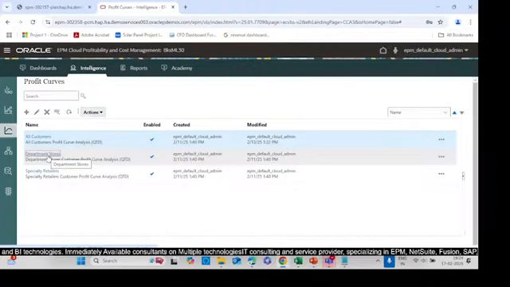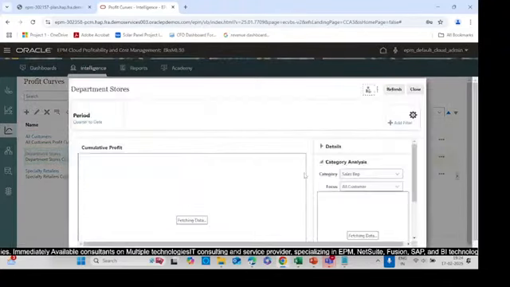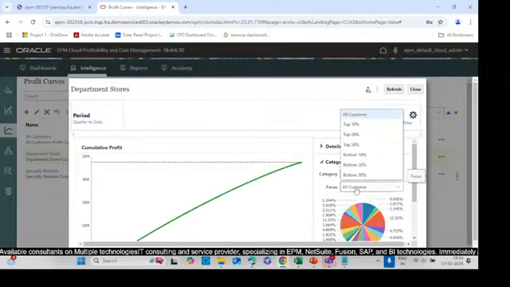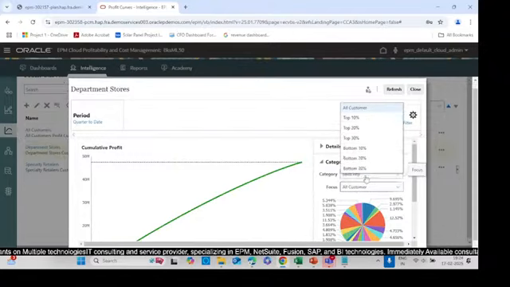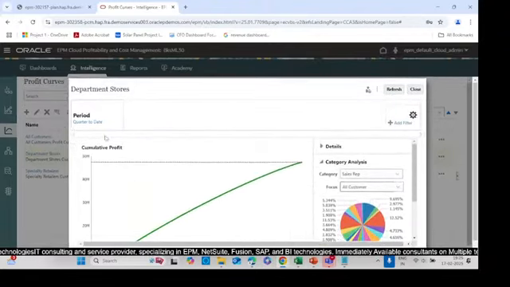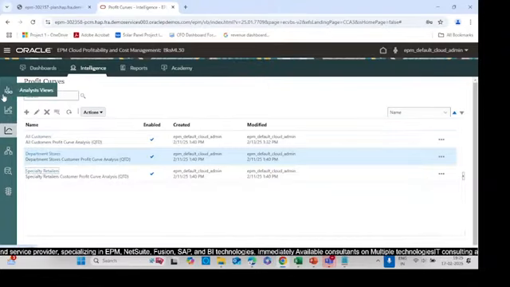So this is about all customers. When I click on department stores, here again I can make my focus all the customers, or I can choose the top 10, top 20%, bottom 10, bottom 20, bottom 30%. So I hope it is clear how the profit curves will be used and how we can create our new profit curves. Similarly, there are some more options for the sake of analysis: scatter analysis, analysis views, trace allocations, queries,